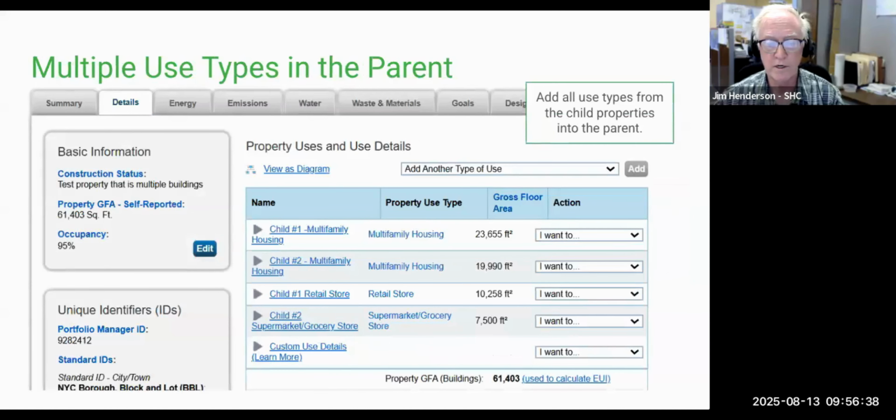So here's what they look like. If you look at the property use and use details section, that's under details. You can see a breakdown for the campus that we were just looking at, those two sample buildings. So child 1 on the left, you have the multifamily housing, and then it's followed by child 2 multifamily housing, that's the building on the right. And then it repeats the retail store and the grocery store, but they each have their own separate property use type here. The total gross floor area for all of the use types, they should match the gross floor area